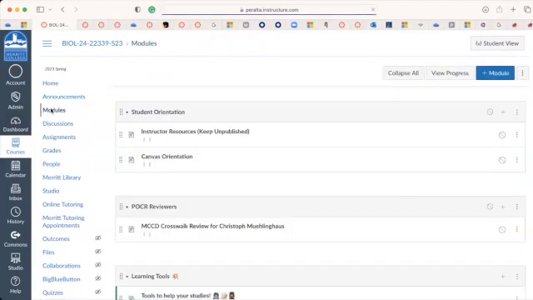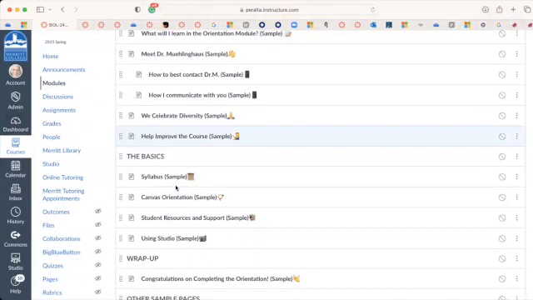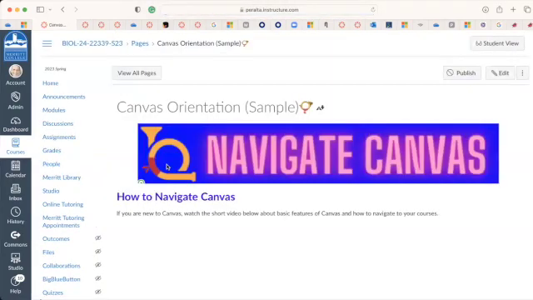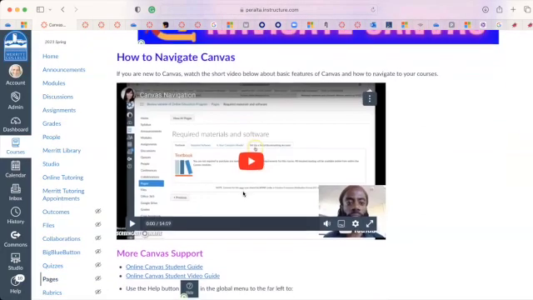Diversity is very important. And then the next thing that we're going to do in there is help improve the course. Of course, we always want to ask them, what can we do to make it better? And then we talk about the basics. And so the first thing there is the syllabus, which we've discussed already. Then we have a little bit about the Canvas orientation. That's video guides, phone support, etc.,